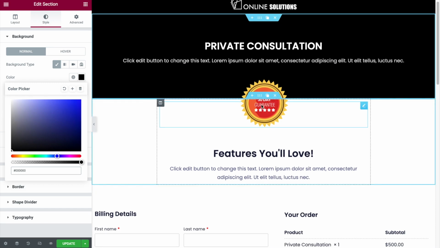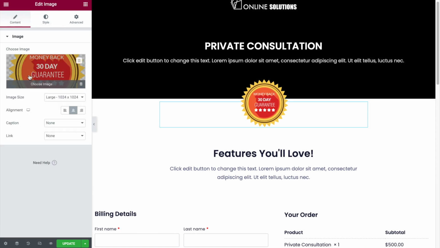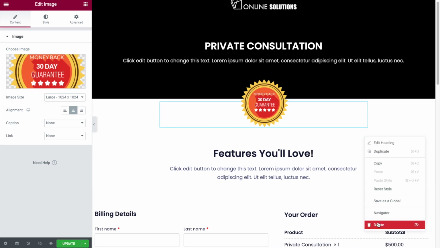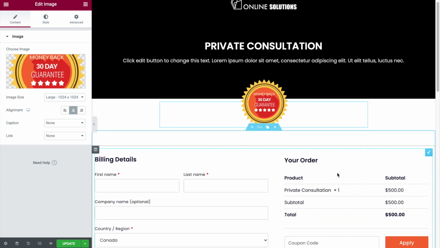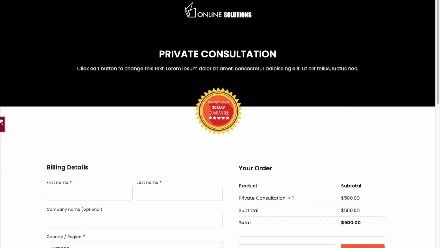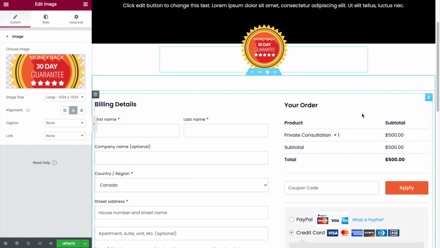And I'm gonna leave this badge, 30 days guarantee. I really like it. If you want to put other different trust badges, guys, you can download a picture on Google of different trust badges, and you can put them there as well. But I'm just gonna stick with this picture. I really like it. So I'm gonna get rid of this. I don't feel it's necessary. And let's see how it looks. I think it looks nice, simple. Remember, it's just a simple checkout page. Your customers already know they have to pay you if you send them a link,